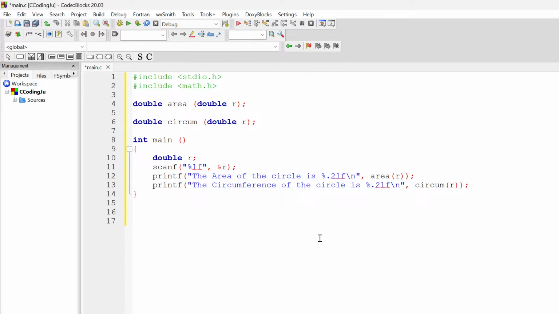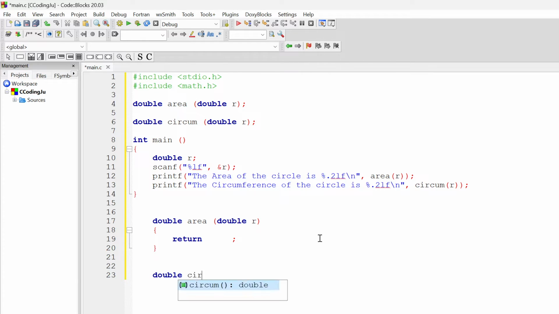Now we want to define our functions, and the first thing we do is we call them. Double area is a double r, and then we want to do our curly brackets, and I'll get back to this in a moment. I'm just going to write the other one, and then double circum is a double r, and then like this,